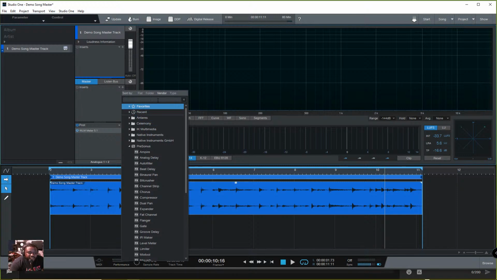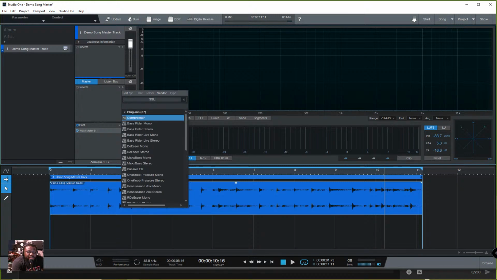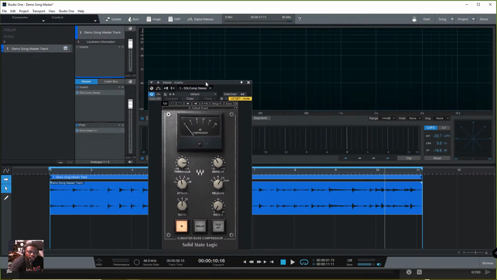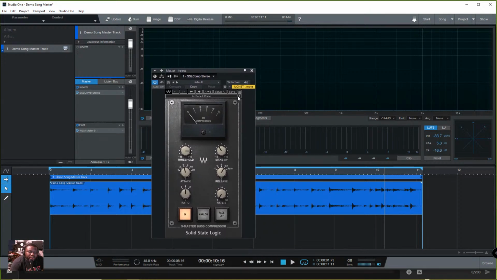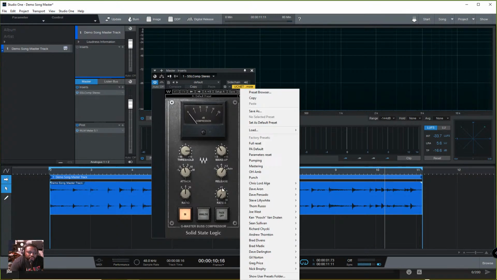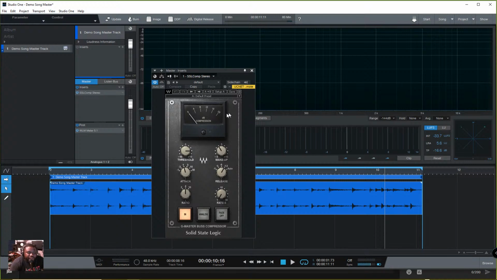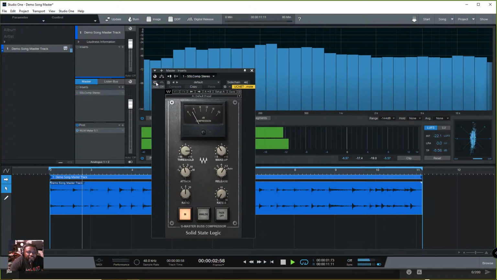So if I was doing it with Waves, okay, one of the things that I would like to add to this would be some slight compression, maybe. So I'll use maybe something like an SSL compressor, okay? And sometimes what you could do is, instead of setting it however you want, you can always pick a profile that fits what you need to do, something like mastering, and then work from there. So hear how it sounds. That's without, with,